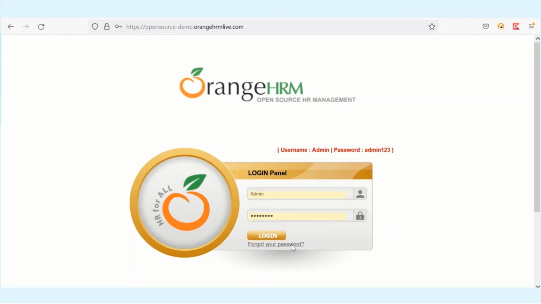Let us call these actions. So the tool has to do these actions. When the tool has to do these actions, first the tool has to understand that this is an edit box where it has to enter the username, and this is an edit box where it has to enter the password, and the tool has to understand that this is a login button and it has to do a click operation. When I'm talking about this being an edit box, this being a login button, these are all the web elements or web objects. So this is what web object means.